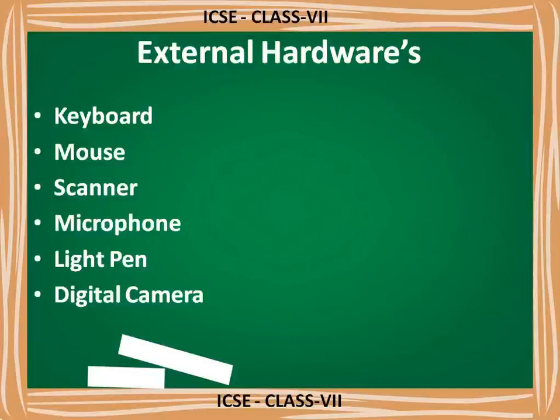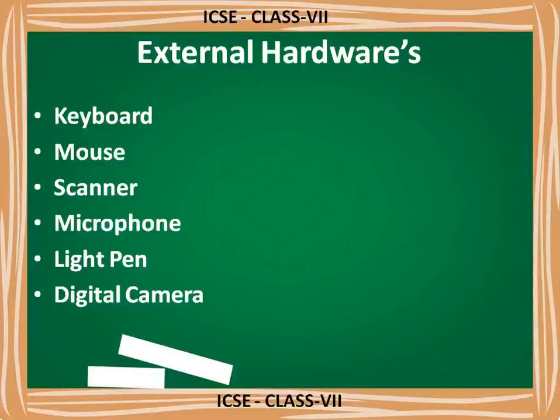Now usually we use a laser mouse, so there will be a light at the bottom of the mouse. Before this, there were mechanical mice, which had a ball at the bottom, and according to the movement of that ball, the mouse pointer used to move. That technology has been removed, and now we are using the laser mouse. So those are the types: mechanical mouse, opto-mechanical mouse and optical mouse.